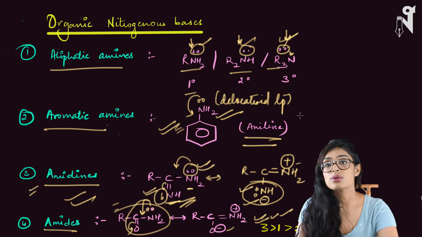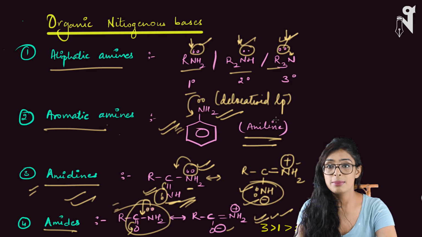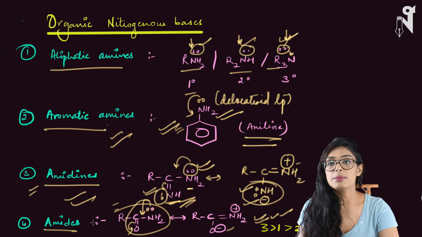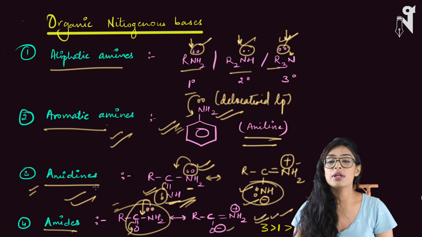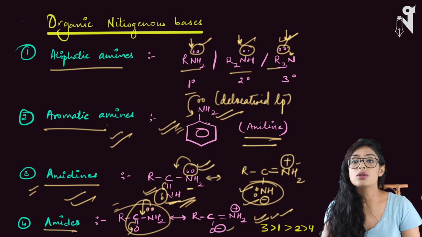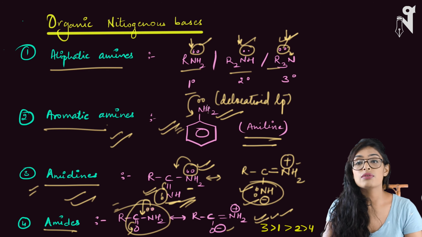But along with that, we have to understand that the molecule is aromatic. Your conjugate acid is going to be very stable. The more stable the conjugate acid is, the stronger is the base. These aromatic amines will form much more stable conjugate acids because the molecule, benzene, is aromatic. That is not going to get affected by the donation of the pair of electrons. So your aromaticity is maintained.